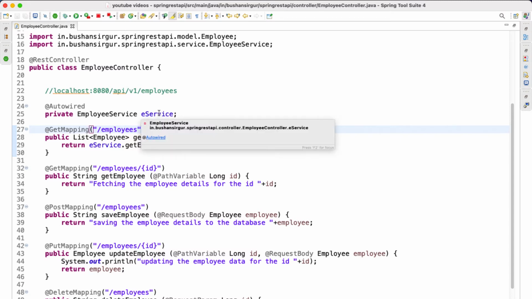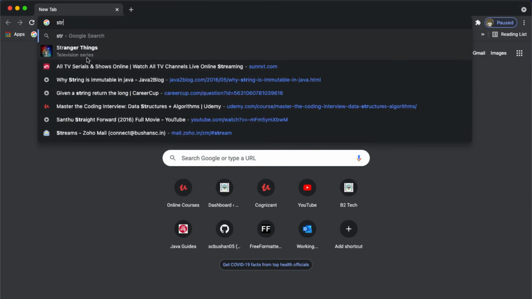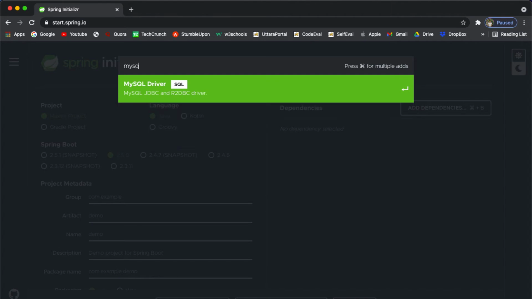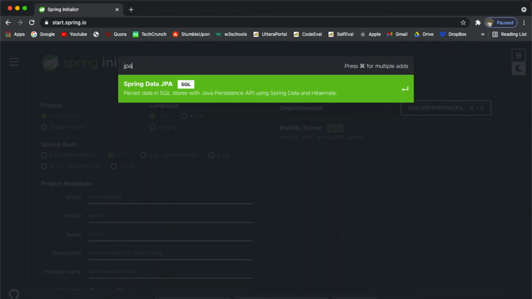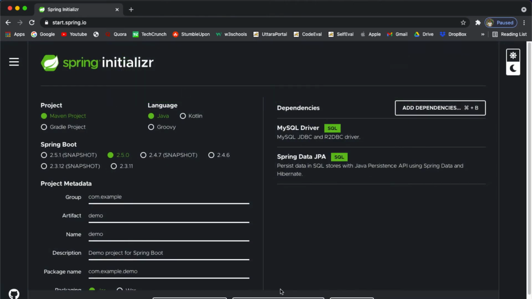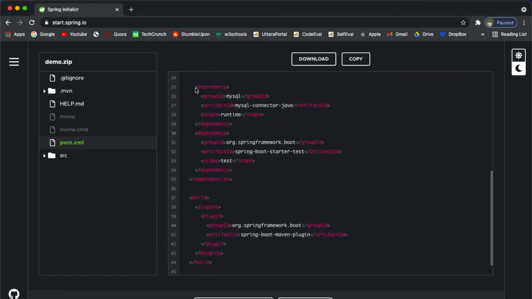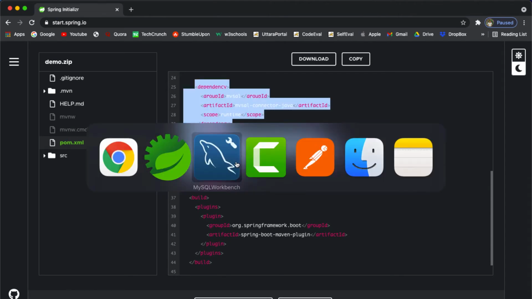So in order to add the dependencies, I'll just go to the Spring Initializr and I'll quickly add the two dependencies, which are the MySQL driver and the JPA dependency. So click on Explore and go ahead and take these two dependencies. Let's go back to the STS.